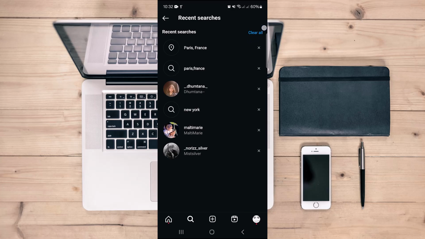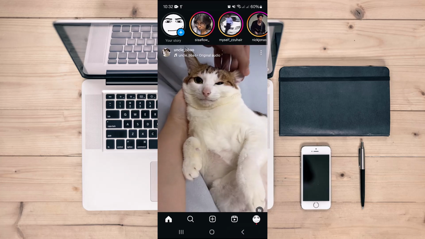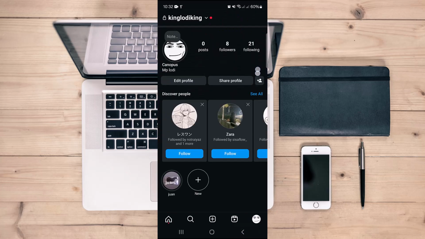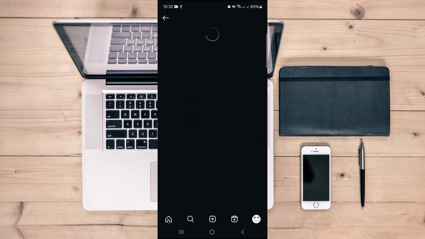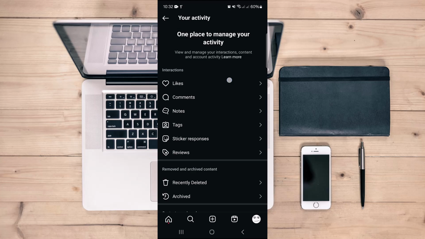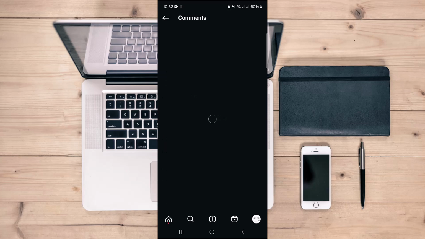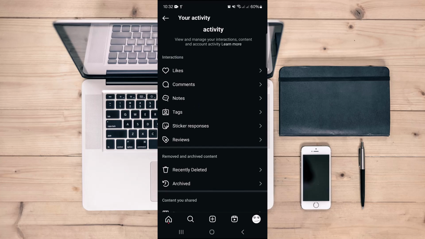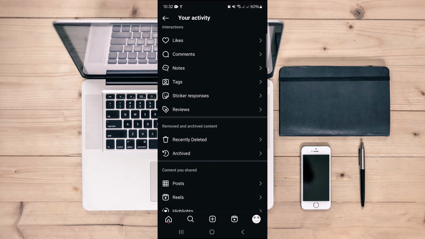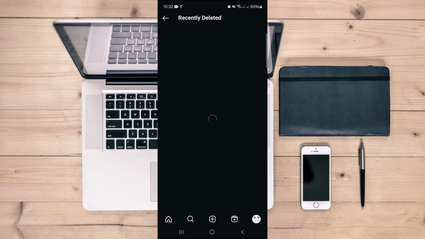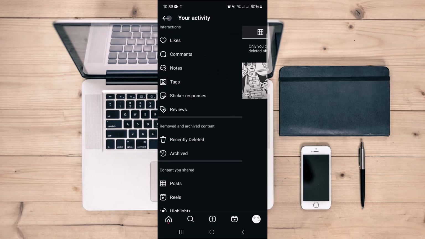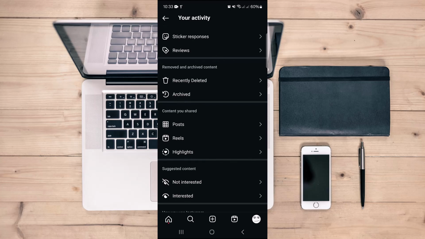Here clear all of these your recent searches, and after that head over to your profile. Go to the three lines icon on the upper right corner and then go to your activity, and from here clear your likes, clear your comments, notes, tags, sticker responses, review, and everything, and go to recently deleted, and from here also delete these, and go to